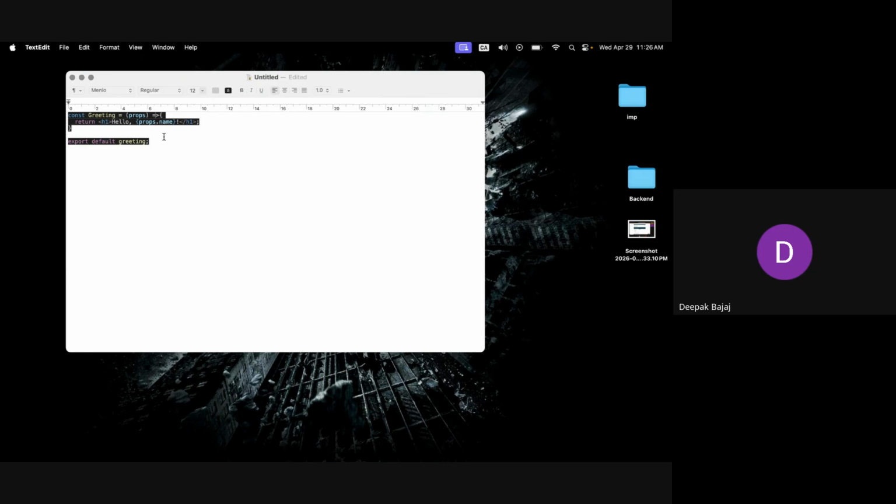Copy this one more time. Copy these three lines, three lines only. Okay, first three lines. Paste one more time. Now here you are able to see we have only one parameter and one return, one line